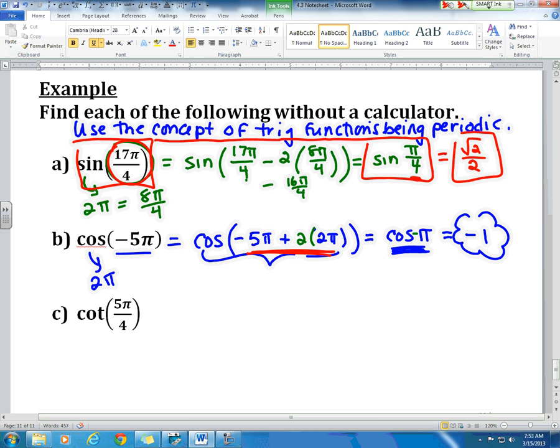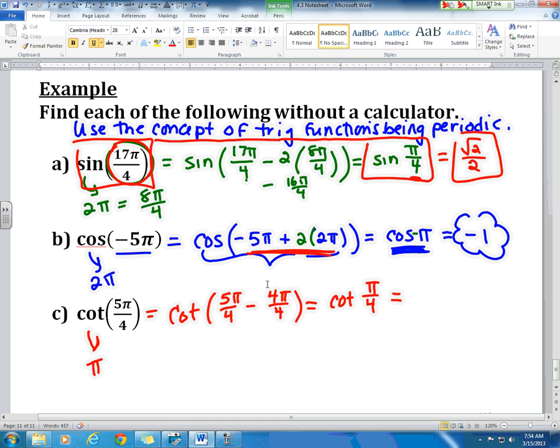So the cotangent of 5 pi over 4 is our last example. Cotangent repeats every pi radians. We're doing all these in radians because I want you to be forced to think in radian measure. So I could conceivably say that I could take the cotangent of 5 pi over 4 and subtract 1 group of pi, which is the equivalent of 4 pi over 4. So the cotangent of 5 pi over 4 is exactly the same as the cotangent of pi over 4,